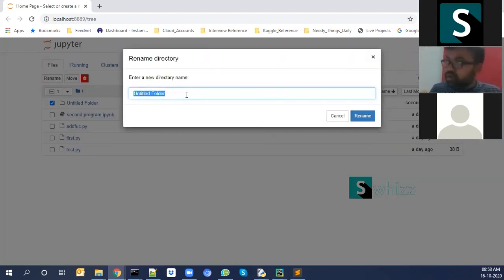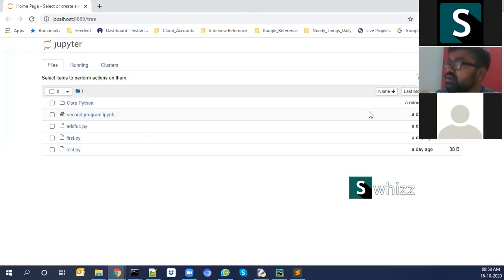I'm receiving an error saying an error occurred while renaming untitled folder to core Python. Cannot move a directory, D drive Python untitled folder, into itself. But under the Python directory, we are creating a new folder, right?